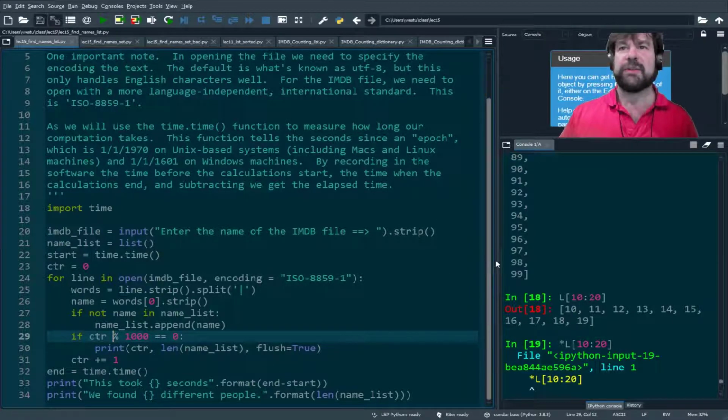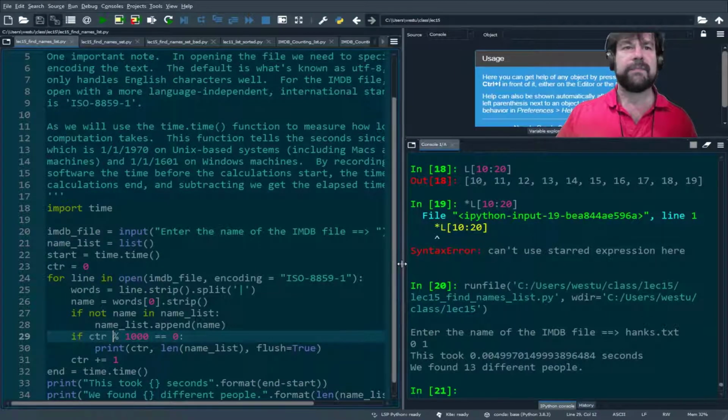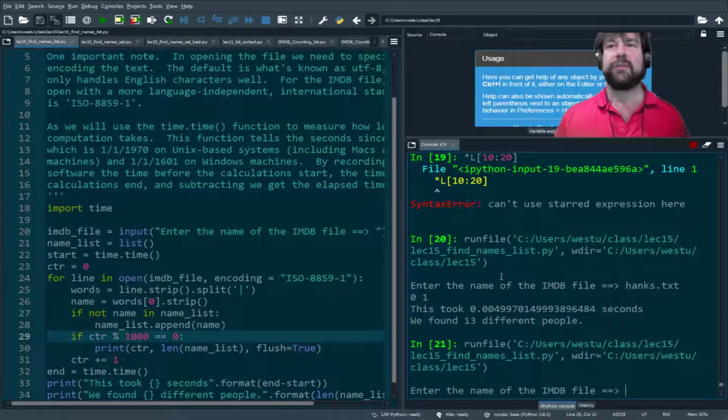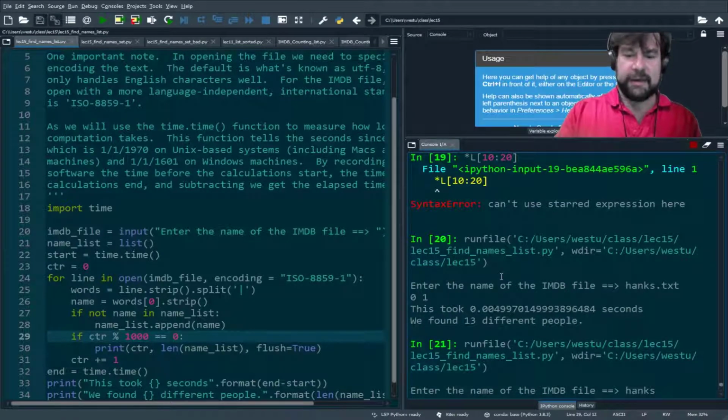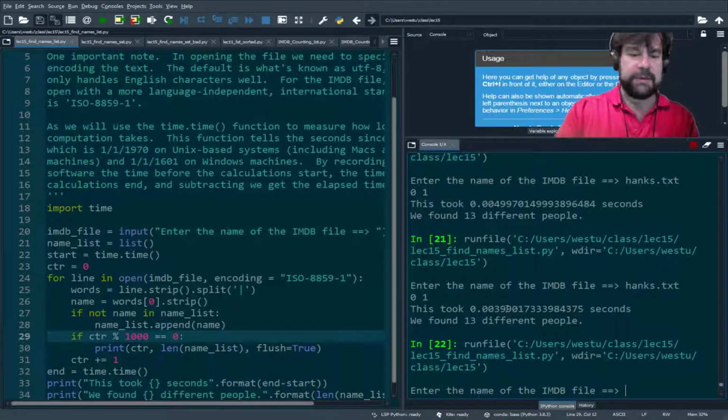And then we had some instrumentation to tell us how long it took to run and how many different people we found. And this worked pretty well on something like Hanks, where we only had, I think, 60-some lines in the file. Works good there. But as we get into IMDb data, where we had 260,000,